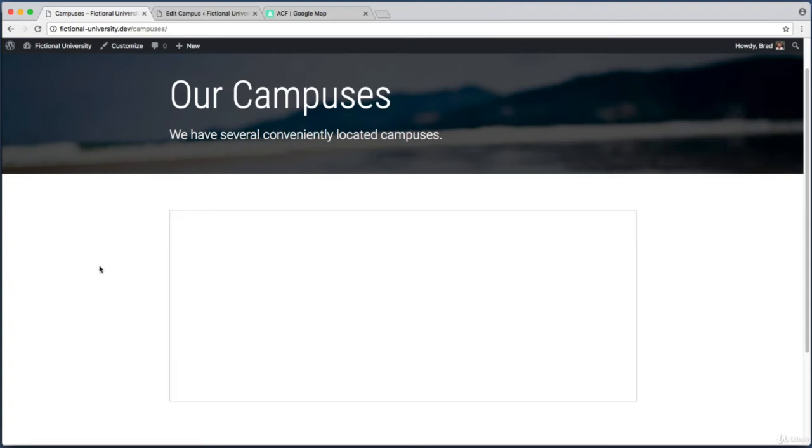Now, luckily, Google will do most of the heavy lifting for us. So the first step is not for you and I to write a bunch of JavaScript. Our first step is to just load in or pull in a JavaScript file that lives on the Google servers that they created. So in WordPress, when you want to load a JavaScript file on the front end,